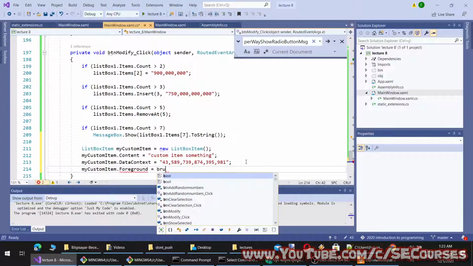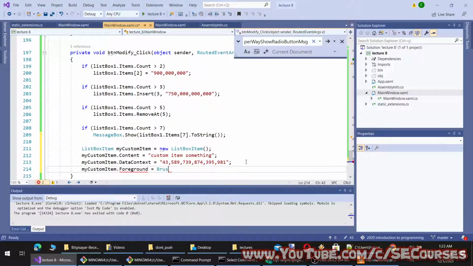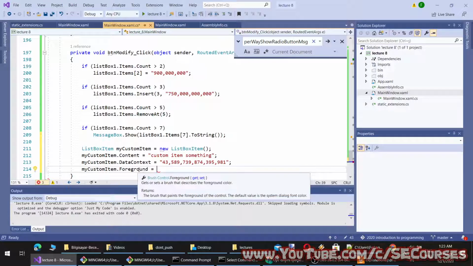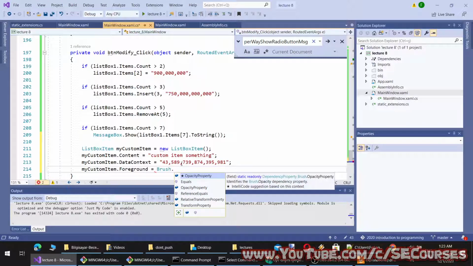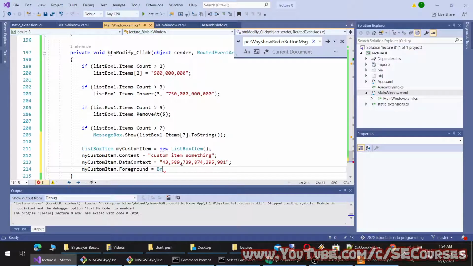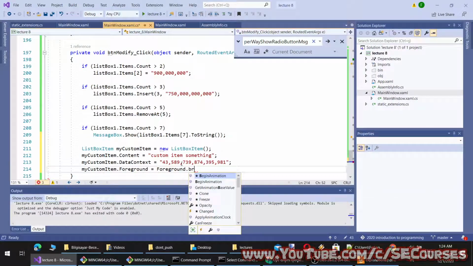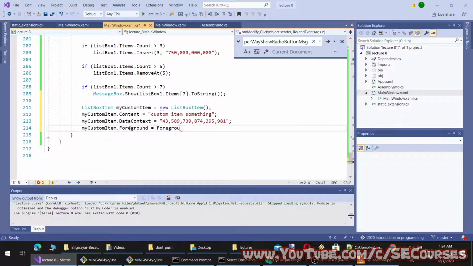Foreground color will be from brushes. Yes, from brushes. I'm setting the foreground as blue, and I will add this item.